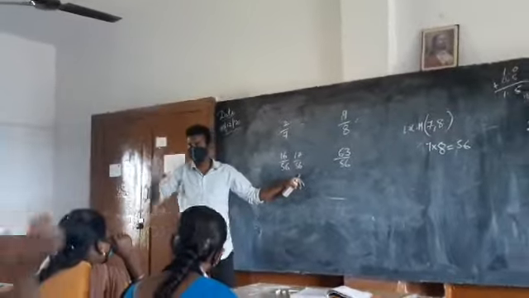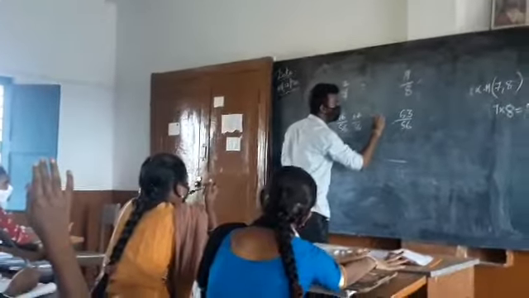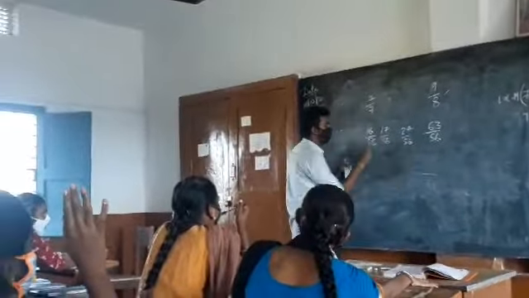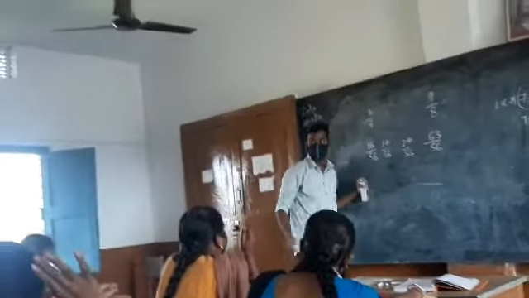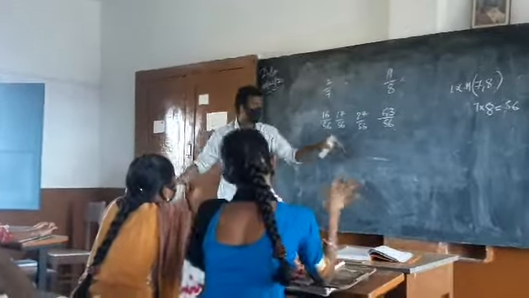So, any other? 27 by 56. Louder, louder. 27 by 56. You are right. Why are you shy? Why are you feeling shy? Louder. Sir, 27 by 56. Yes, my dear. You need to raise your voice. Very good. Sit down. 27 by 56 also lies between 16 by 56 and 63 by 56. If you keep on looking, there are lot many rational numbers.